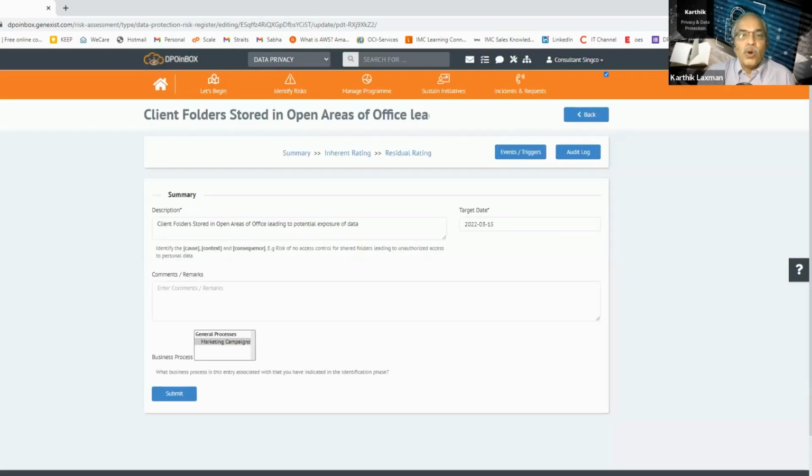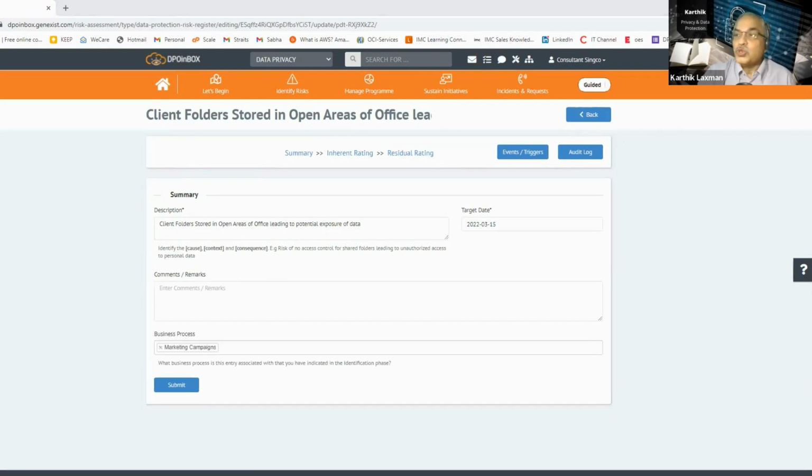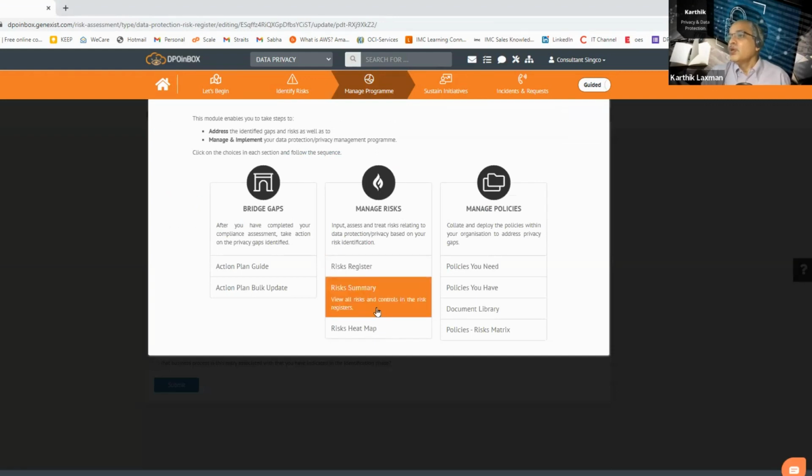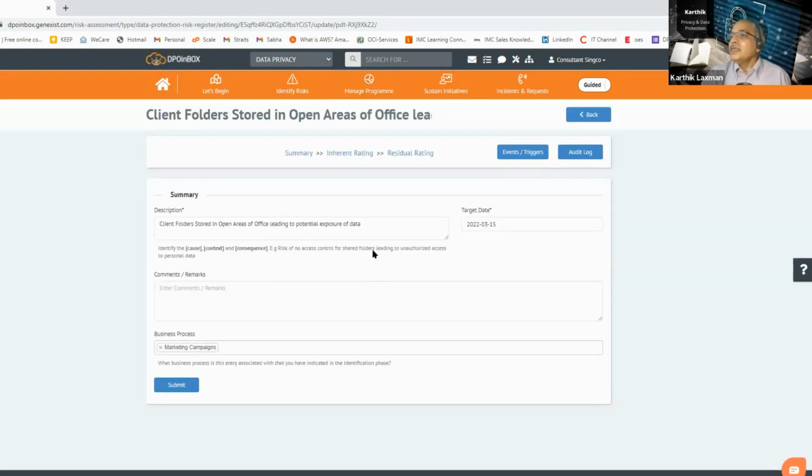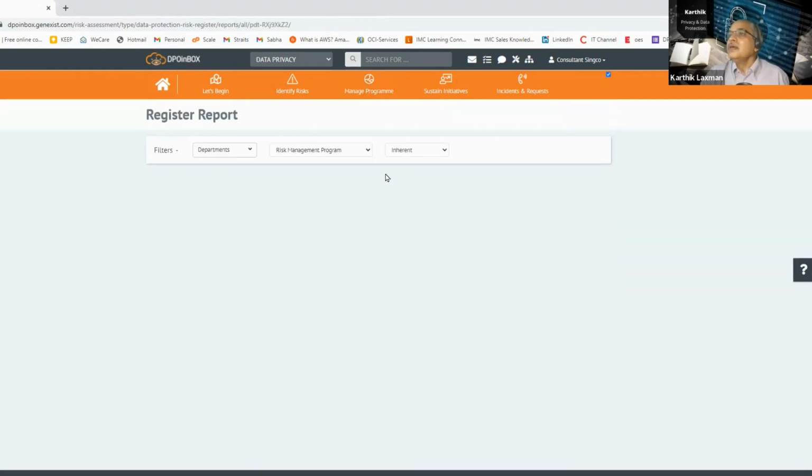Now, once this is done, this was what was done by the marketing department on the guidance from the consultant. And while doing the management presentation at the end of the program, the consultant basically showed this particular entry, which also, by the way, updates the risk heat map to the executive. So let's see what happens. So we can see the risk summary here.